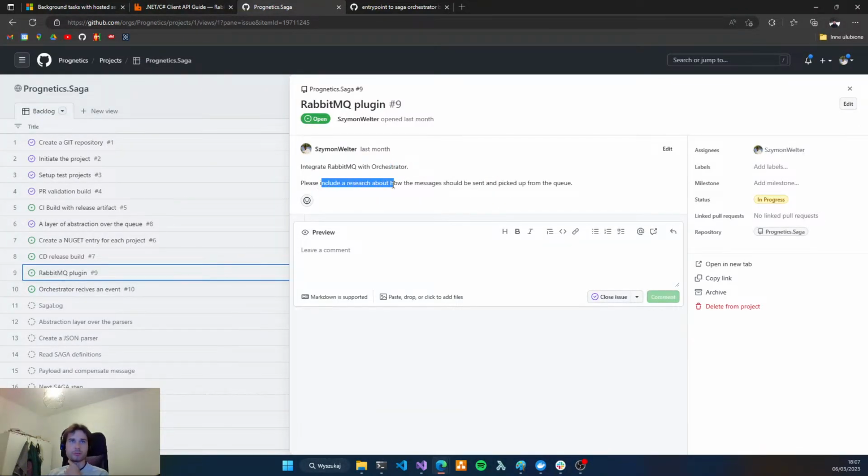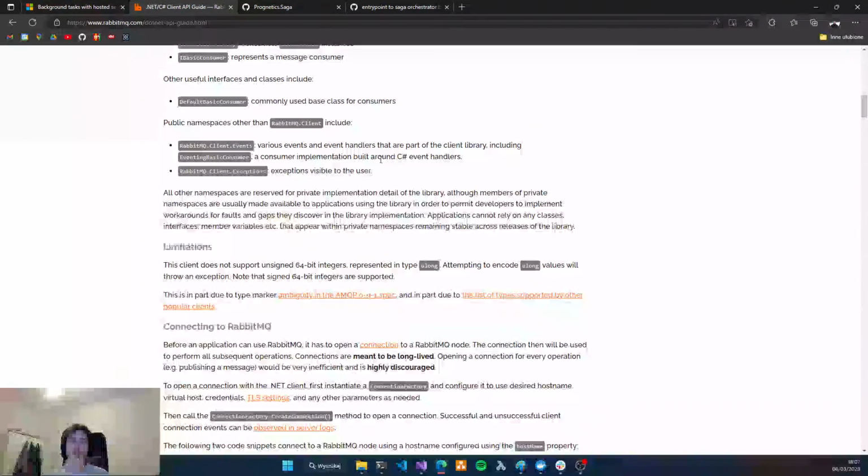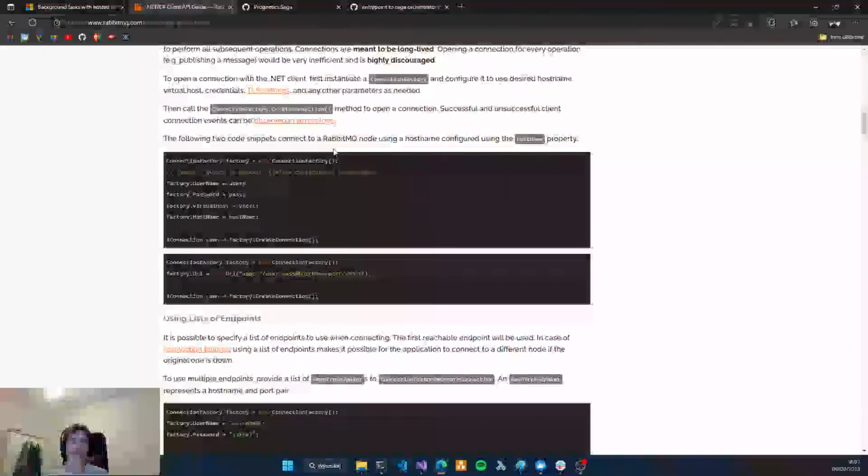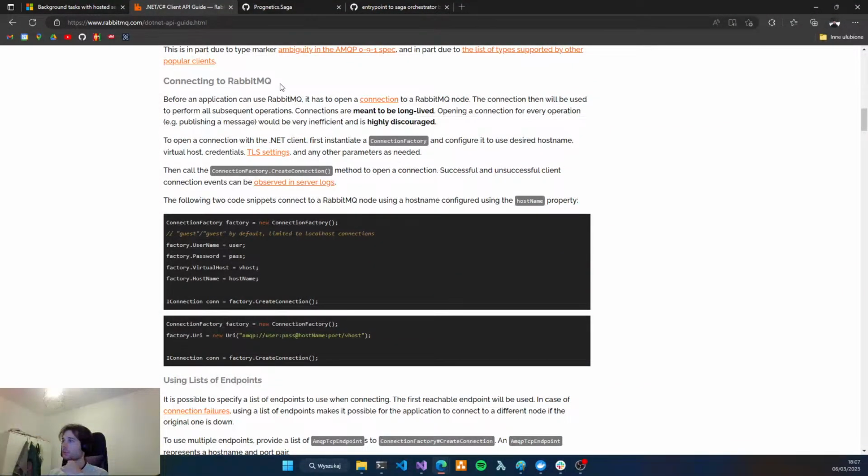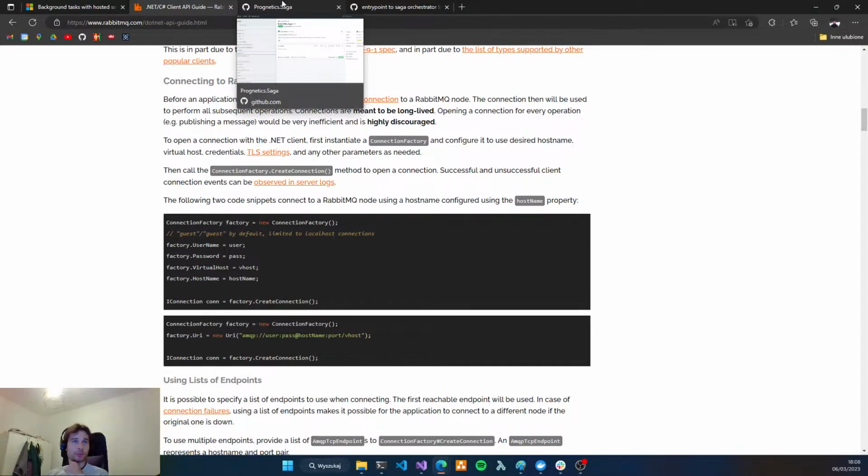This includes research about how messages should be sent and picked up from the queue. This knowledge is here, on how we can work with RabbitMQ.